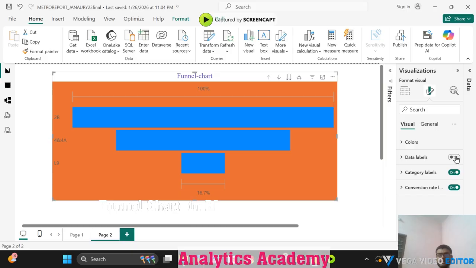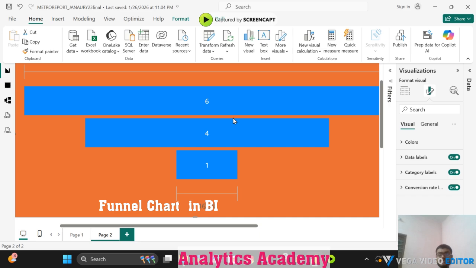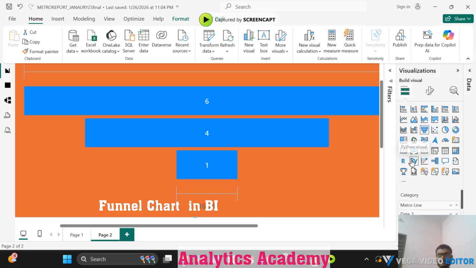Okay, if I keep the data labels on, the count of contractors cannot be visible. If we want to see, for example, the percentage of how much of a particular task is completed, then on data labels this data is getting loaded. For example, if we want to see how much percentage of activities are completed for our organization, and we import that activity plan column into our visual, then